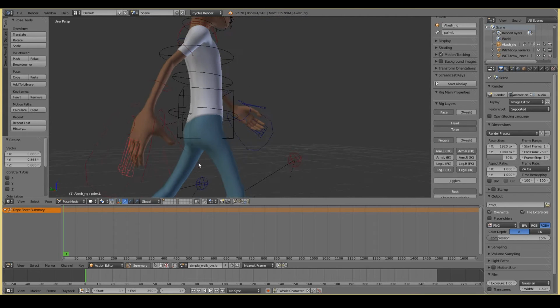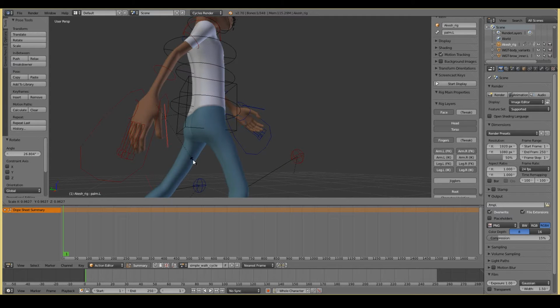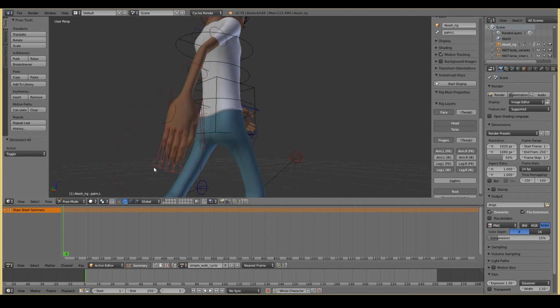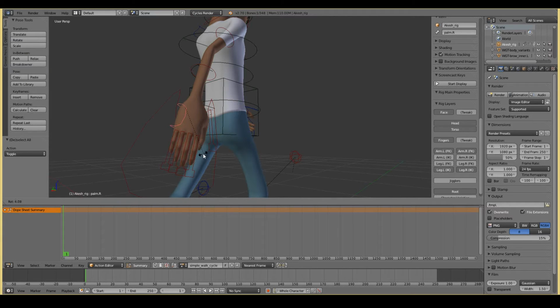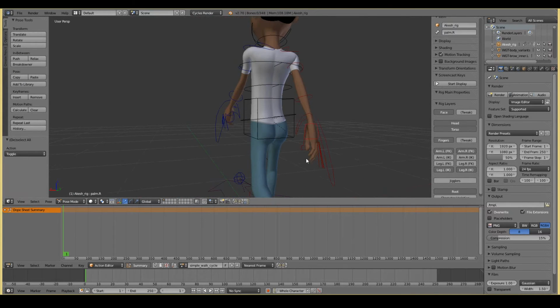This is obviously something that I've learnt over time. I've actually created films where I left the fingers flat out like that, and people have told me that it looked a bit weird. So that's something that I've learned to change now. I've tried to add bends and things like that so that my characters look more organic.